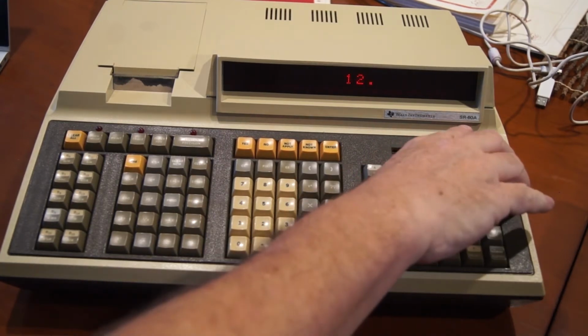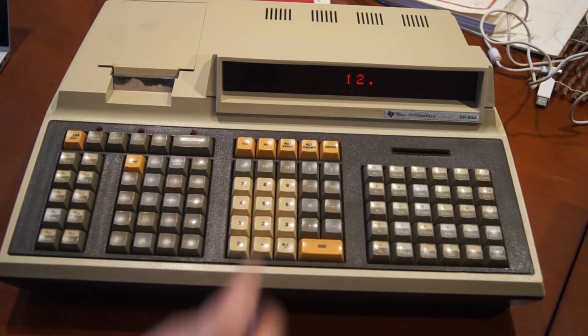This one is the SR-60A, which means there's more memory. The first one was the SR-60, and I think the SR-60 was even more limited. So anyway,